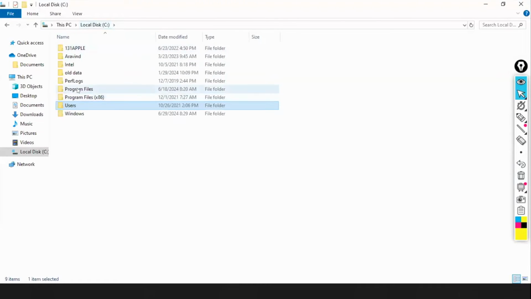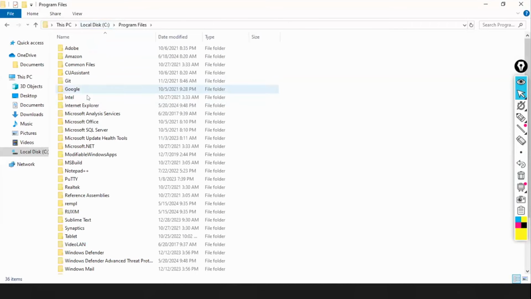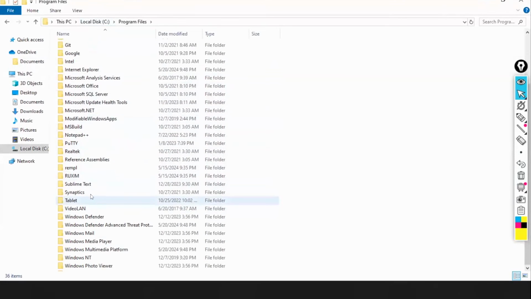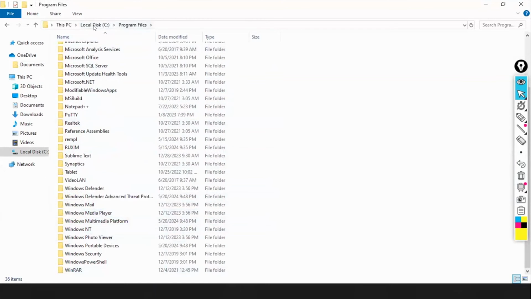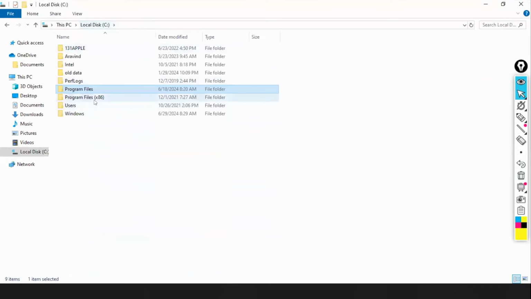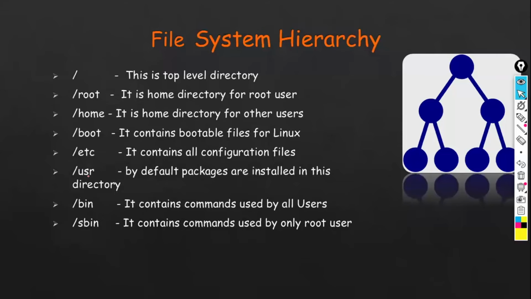It will be installed under Program Files. Whether you install Google, Notepad++, Putty, or MS Office, whatever you install is installed in Program Files. Similarly, USR is like that for Linux. Whatever you install will be installed under the USR directory.